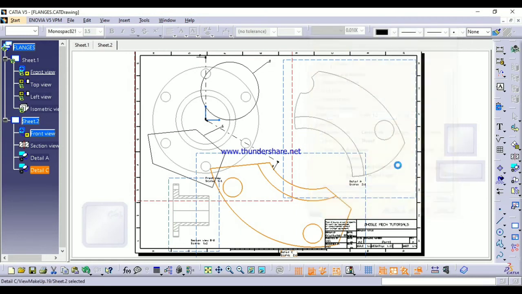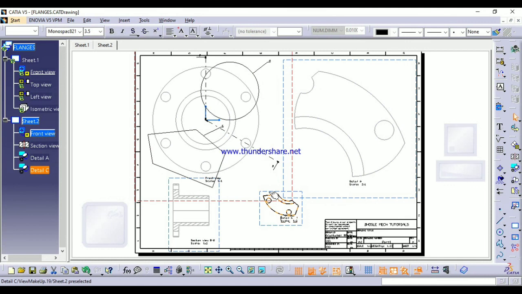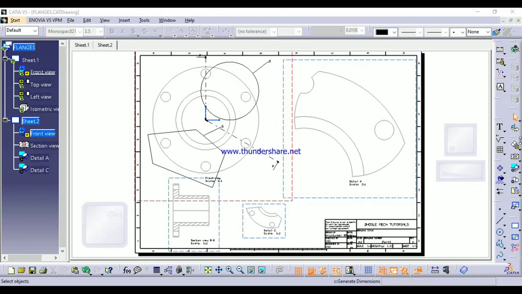Usually this detail view will be of more scale, so that we can get a clear view. This is all about different views like offset and detail views.